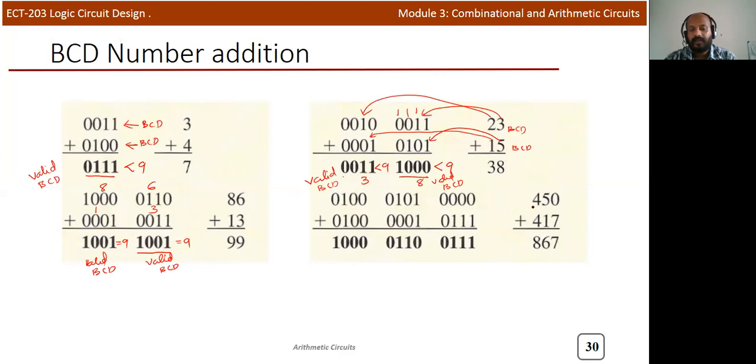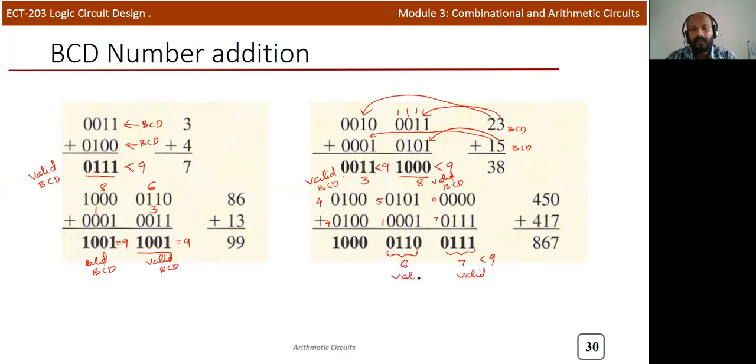Now we will consider a 3 digit case, 450. So we need to write the BCD equivalent of 4. Here it is 5. Here it is 0. Okay, 4 bit equivalent. Here we need to write 417. So after addition we'll check the result. So here we are getting 7. So it's valid, less than 9. So valid case. Here you are getting, after adding the 4 bits, you will get 6.